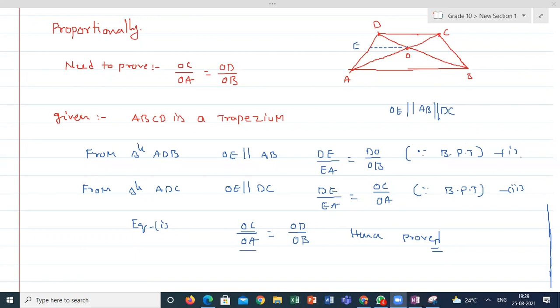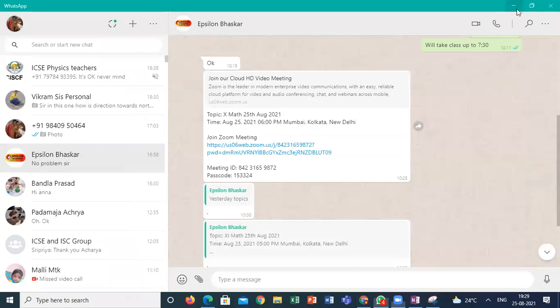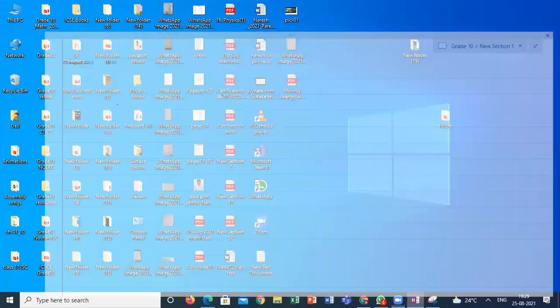Clear, students? One more last question I can go. One right angle triangle question I am doing. For the next class, I am planning to give one more class for triangles. My idea is you have to come up with your questions. It's knowledge sharing. Please come up with the questions you are practicing from different sources. Practice these 4 days, and if you have any doubts, please bring them to me.